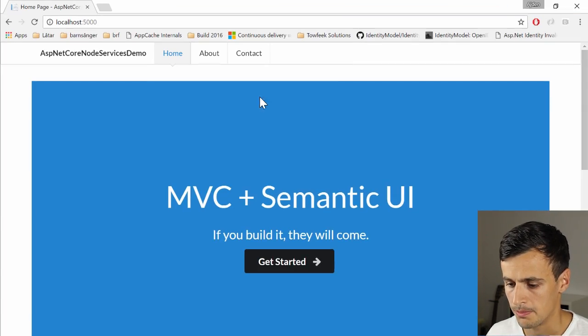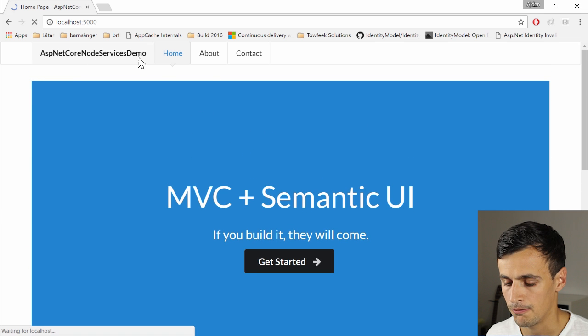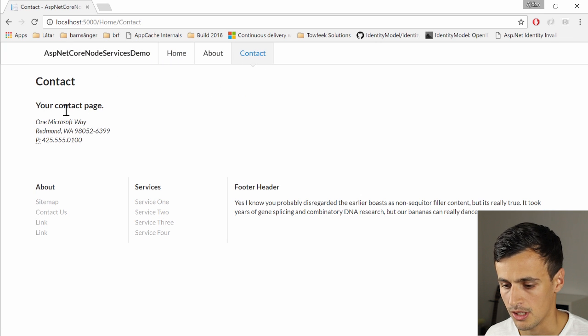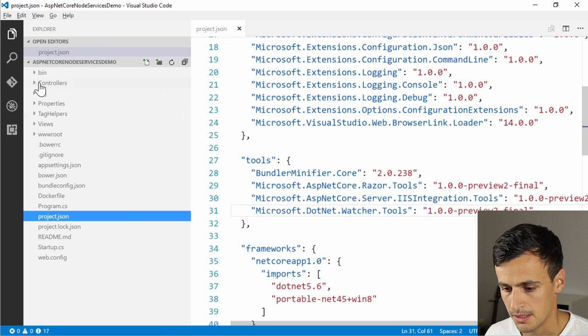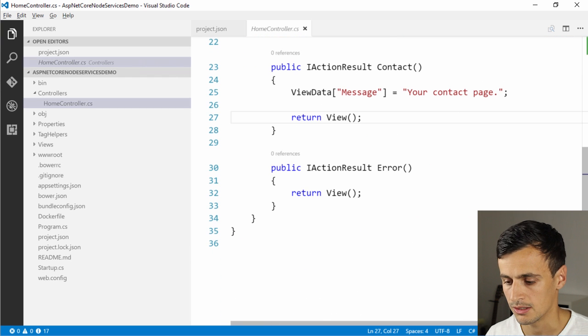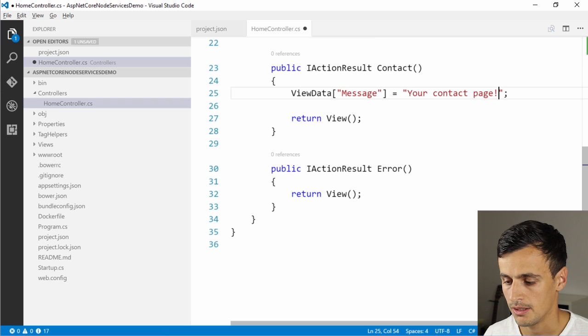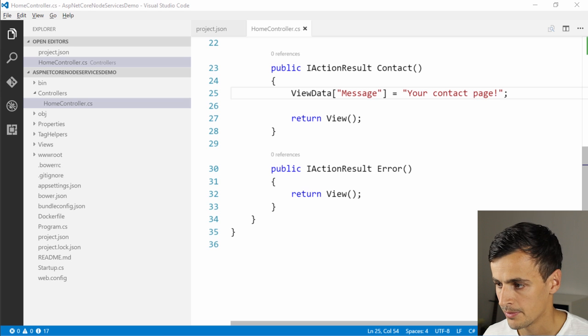Alright, so we just browsed the application and we can see that it fired up for us. And we got a little, in my opinion, a fresher look than Bootstrap. So if you take a look here on the contact page, you can see we have this text right here, and I know that this text is provided to us from the home controller in the contact action result. So if we just, for instance, do an exclamation mark here and save that up, we can